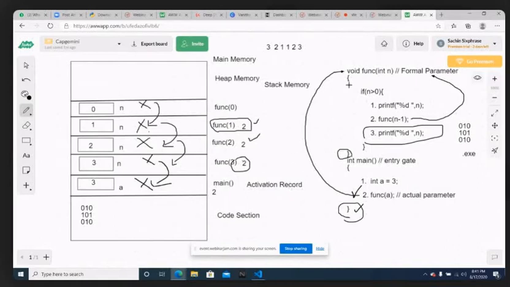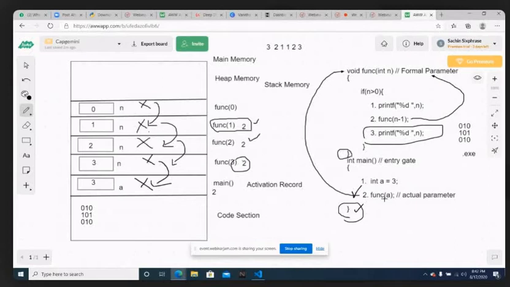You are having a code. You are executing line by line. At some point of time, you're calling a function. When you're calling a function, what will you do? You will stop the process here and move exactly to the function. You will execute all the lines inside the function. After executing all the lines inside the function, you will again come back and start the remaining lines of code to be executed. Am I right? Is everybody clear with this?